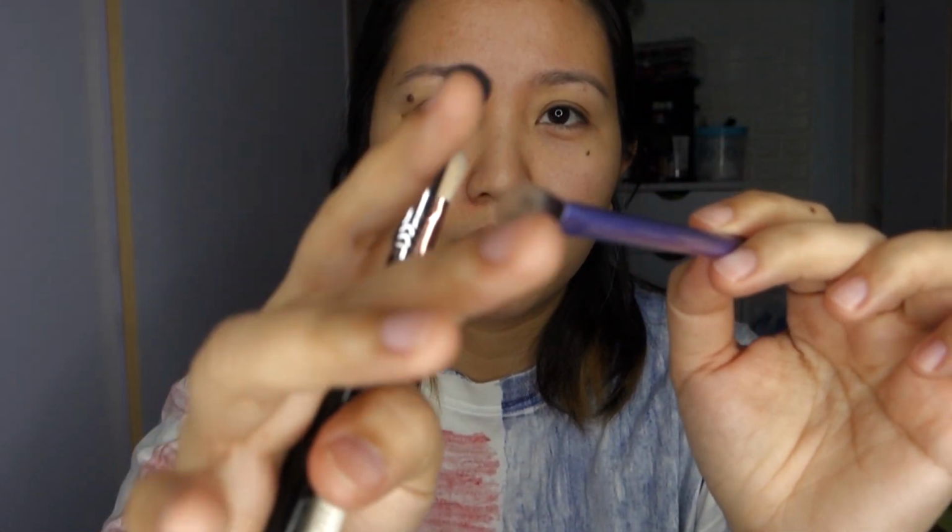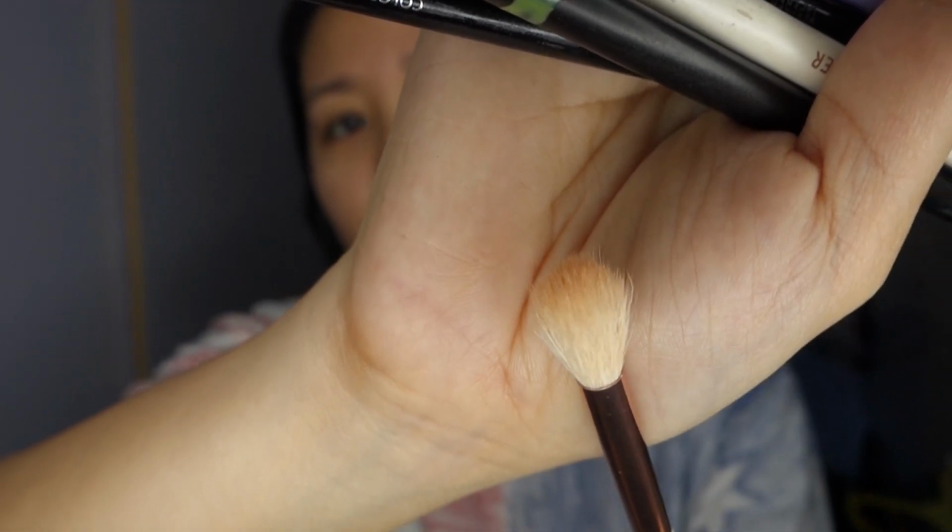But actually, you can also use this sa base, doing the base. But since it's a fluffy, tapered brush, you can still use it sa pagbe-blend. But I mainly use this brush sa pagko-contour. Maganda rin siyang pang-blend. Ito rin yung ginagamit kong pang-contour sa nose. This is the Jessup 228 Luxe Crease. Ito rin, sobrang fluffy niya, but yeah, you can still use it here. And for the flat naman,